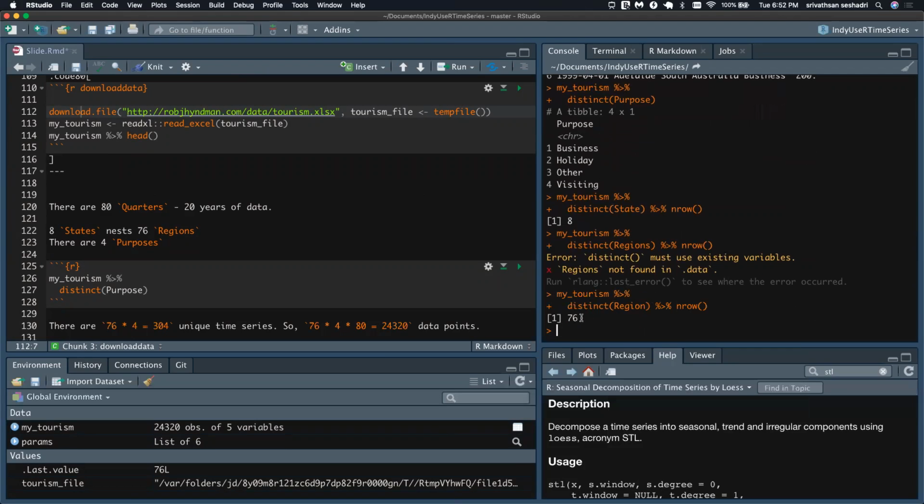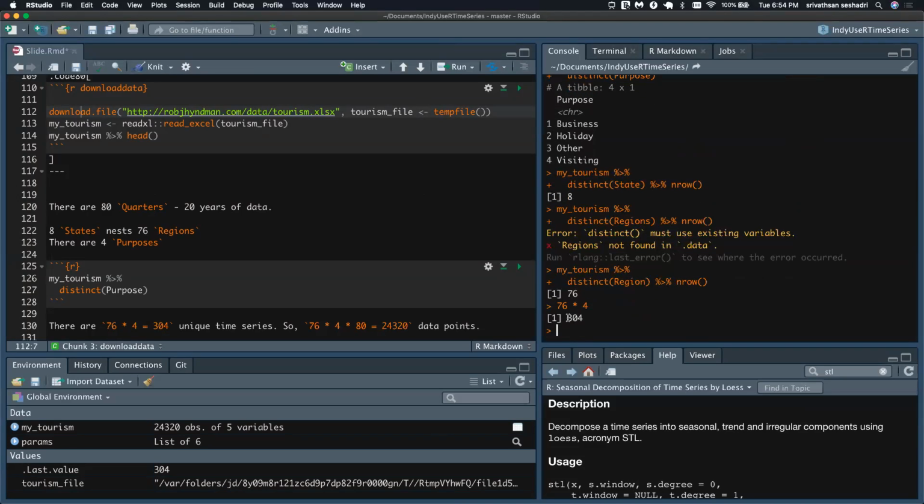I have 76. Unlike in the US, where you have many states forming a region, like the Northeast states, Midwestern states, or South states, in Australia, I learned that many regions form a state, right? So like 76 different regions, and people are traveling for 4 different purposes.